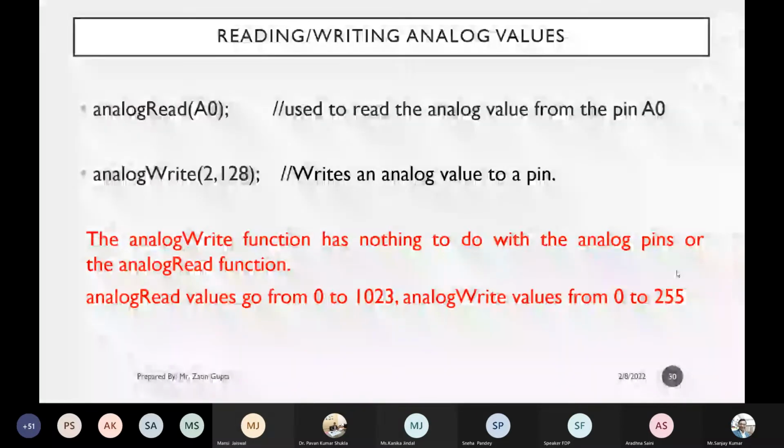Now next is reading and writing analog values. Like digital read and digital write, we have analog read and analog write. In case of analog read, we have mentioned A0. Why? Because analog read works with the analog signal, means the signal is coming from an analog pin. Analog pins are named A0, A1, A2 up to A5. So analogRead A0, this line will do